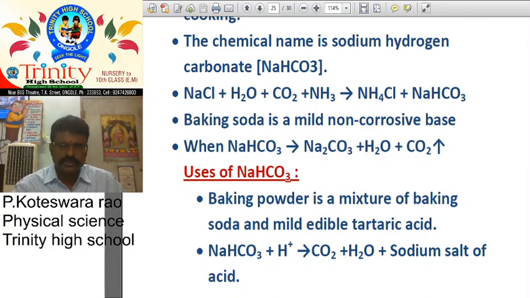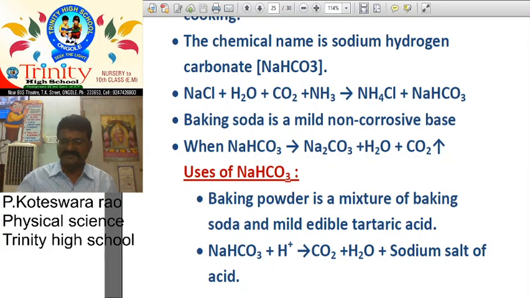Here 2. 2 into 3, 6. How many oxygens are here? 6. So here 3, 4 plus 2. Total how many? 6. So everybody must note down that for NaHCO3 we want to add 2. This is the technical problem. Here 2. We want to write here 2. Then it is a balanced equation. So my dear students, on heating of NaHCO3, what are the products it can produce? It can produce Na2CO3. Na2CO3 means washing soda, plus water, plus CO2.